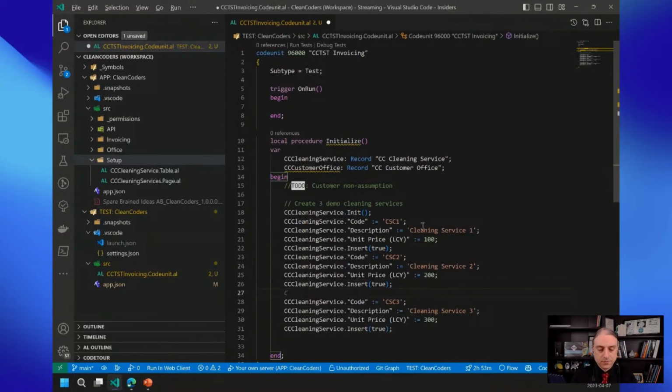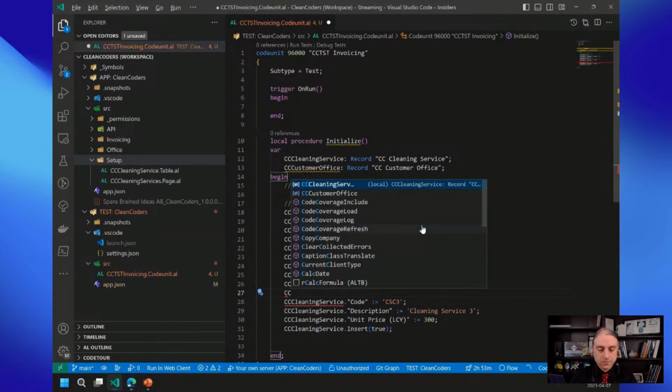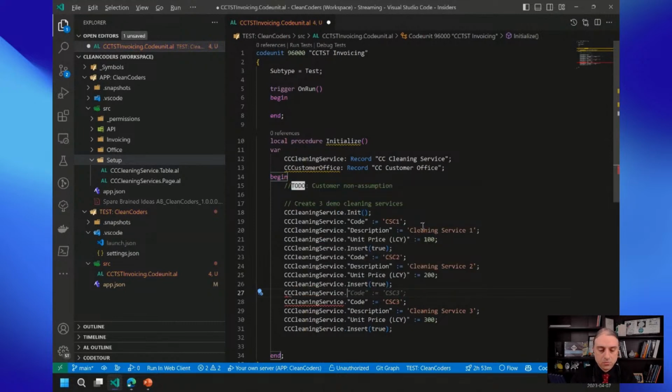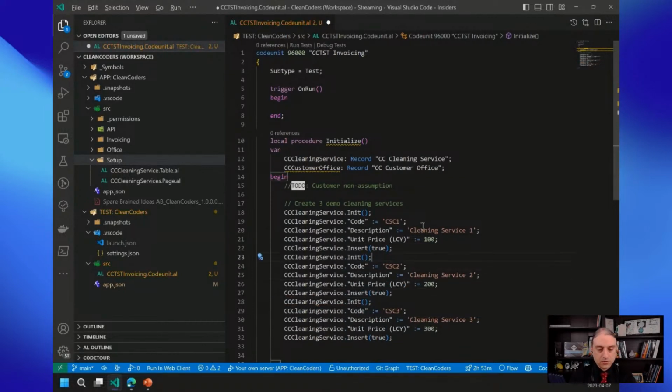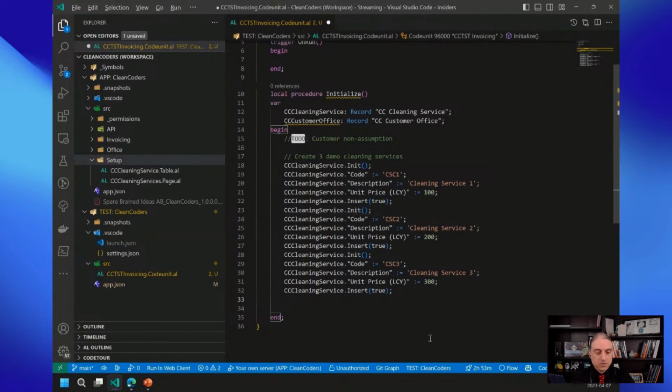So let's do control right arrow to take partial suggestions. I'm going to just use Visual Studio Code keyboard shortcuts to duplicate a line and move it up into place. So this creates some basic cleaning services that have some basic price info. So now we're initializing the core setup tables. That's cool. And then what I want to do is grab